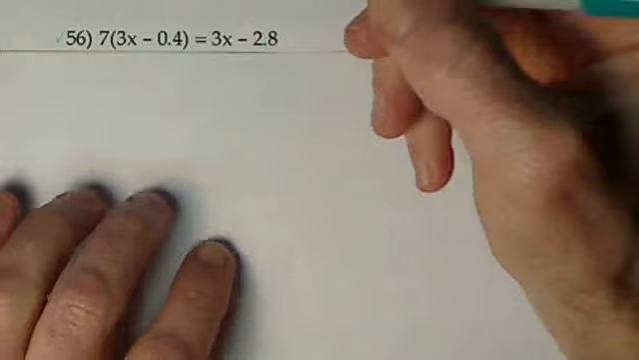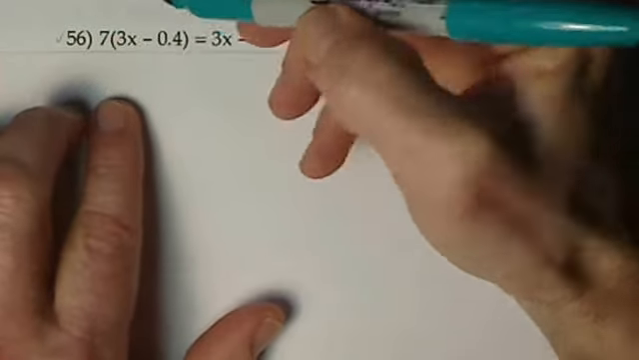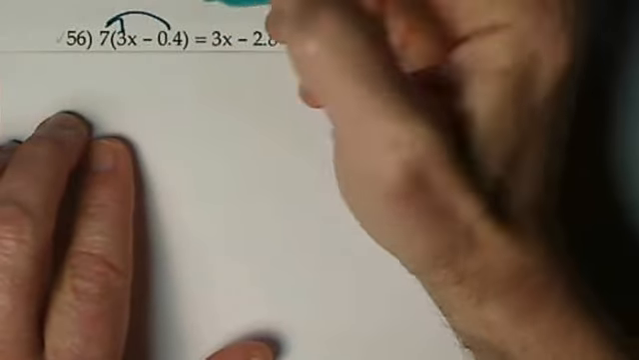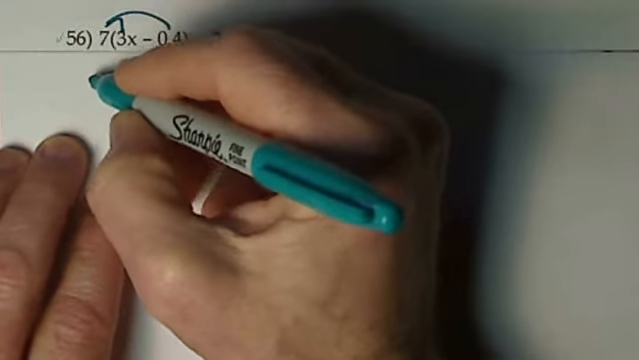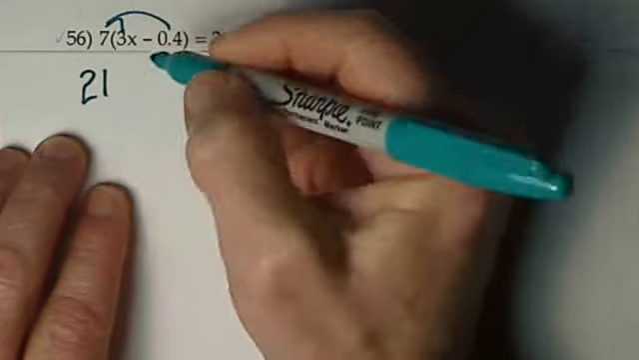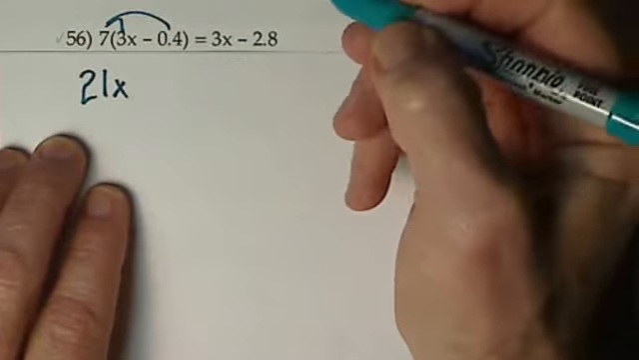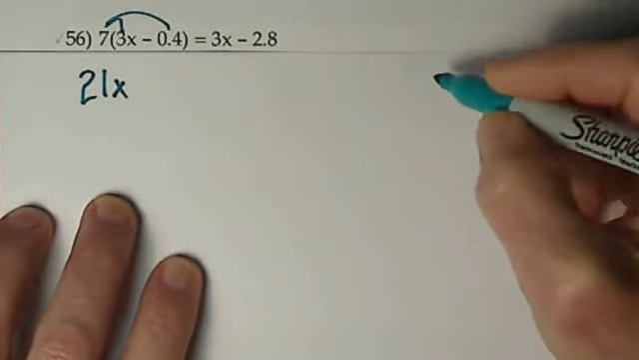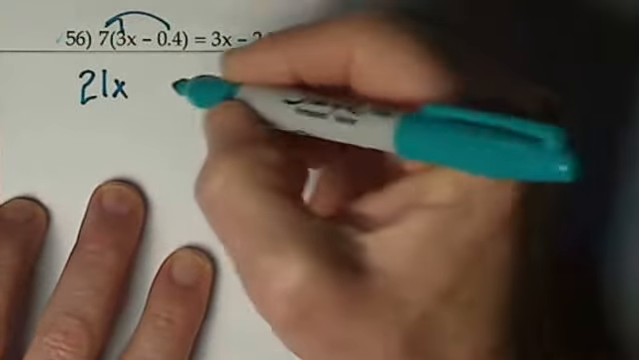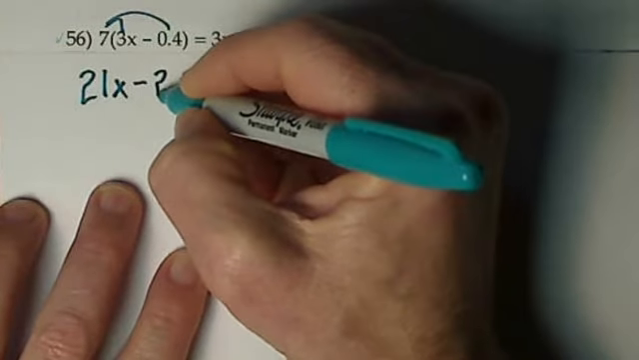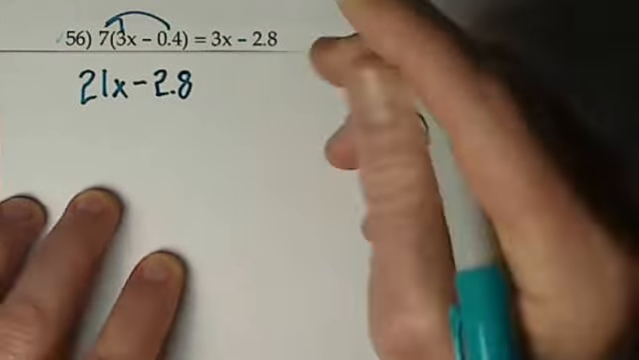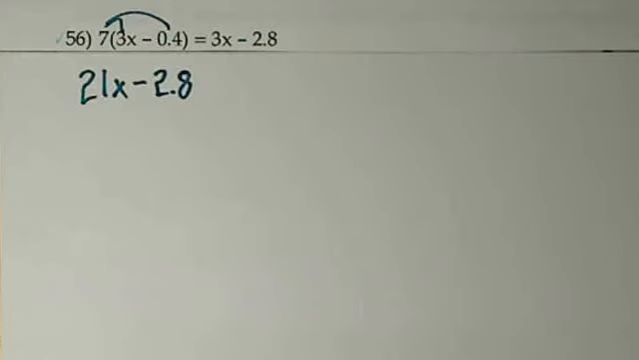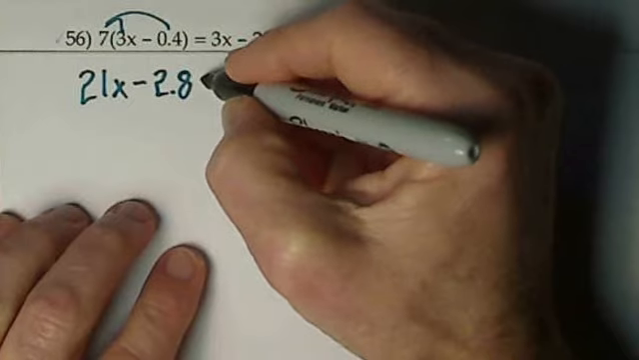And basically in the same situation that I have to distribute this 7 before I can really take care of anything else. So 7 times 3 is 21. X comes along for the ride. 7 times 0.4 is 2.8. And then I just bring down whatever I haven't touched. So I have